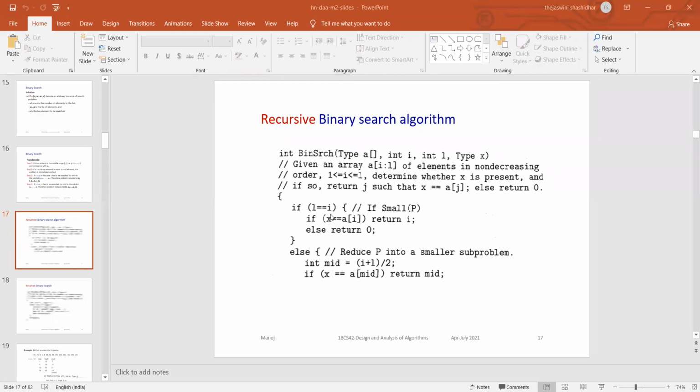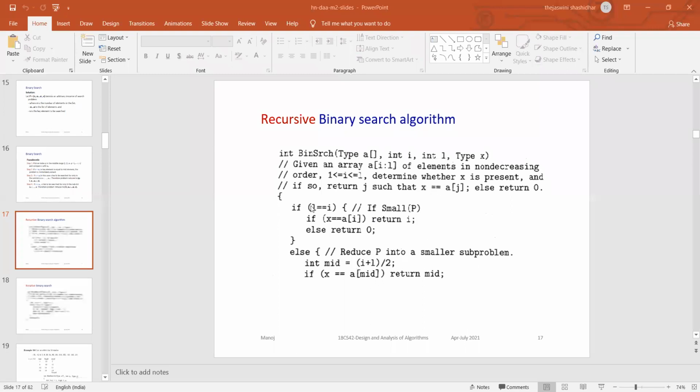That means if the key element is equal to the only element you have, it will return I. If not, it will return 0. This is the case when we have only one element, that means n is equal to 1. This is the binary search algorithm for small n.